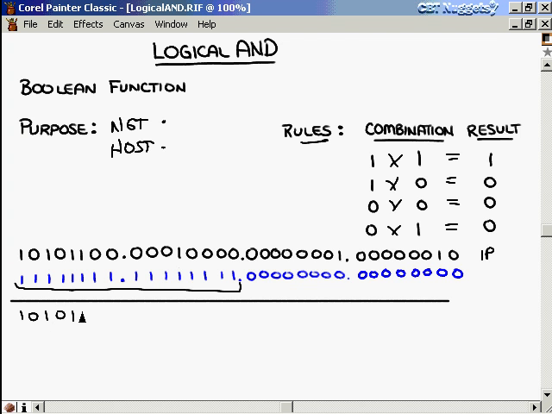0, 1, 1, 0, 0, dot, 0, 0, 0, 1, 0, 0, 0, 0, and then from there on, we have all zeros down here in the default mask. Because anything combined with a 0 results in a 0, we don't have to worry about what's up here. It's simply going to be all zeros from that point on. And what the result of that is going to be